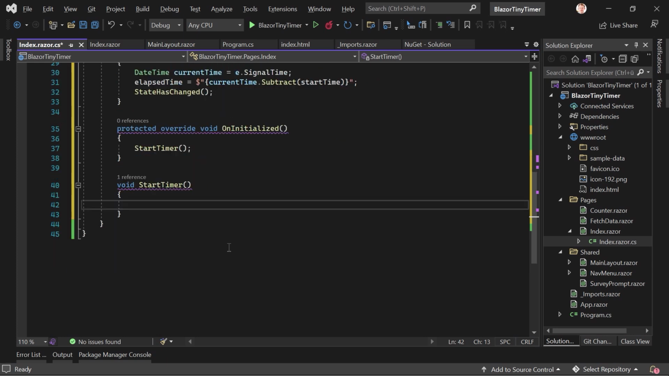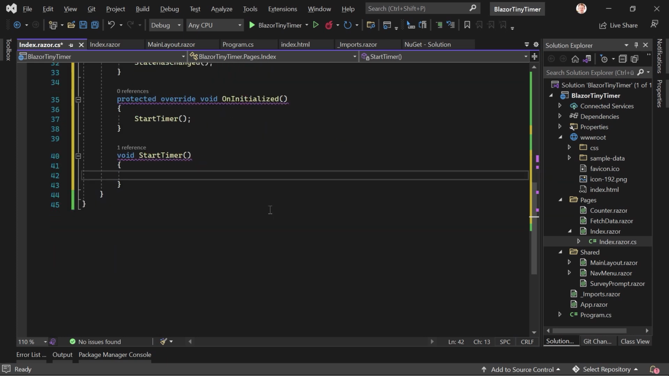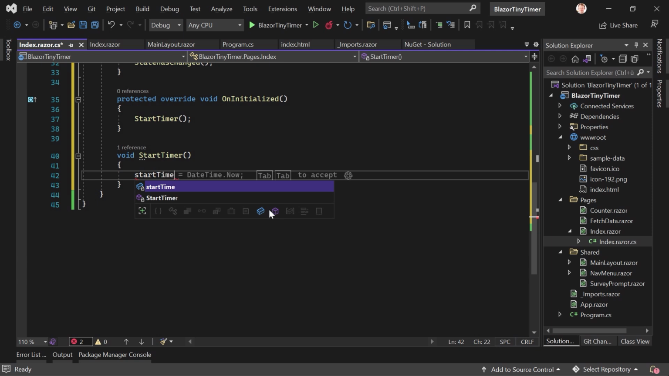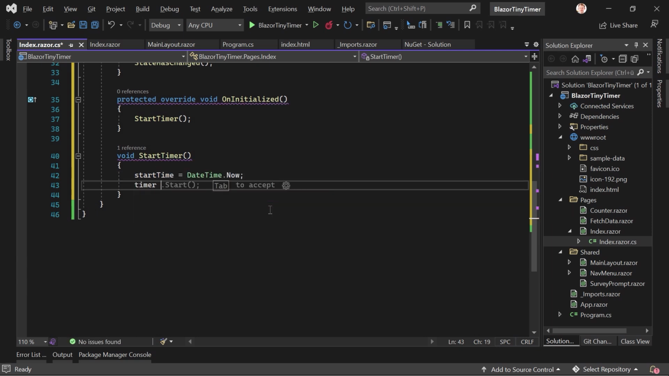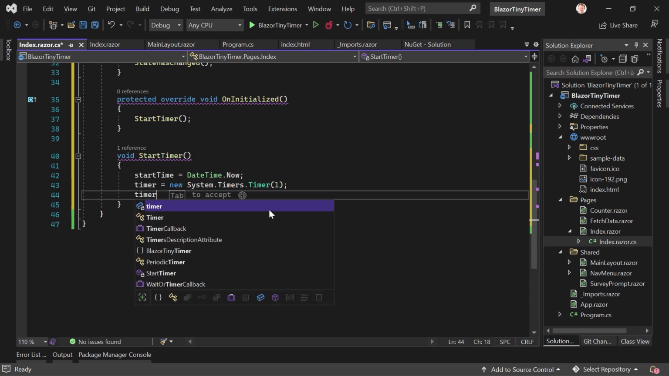And now, let me get some space here. What we do is we set our start time again to DateTime.Now. Then our timer again as a new System.Timers.Timer with 1 millisecond. If you're wondering, we will do that because we will also add a toggle button. So that's why we are resetting these values here. And then we say timer